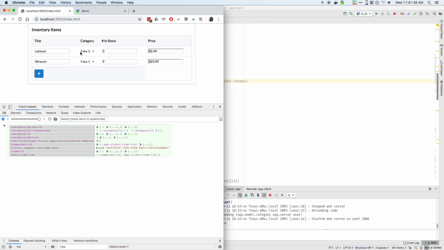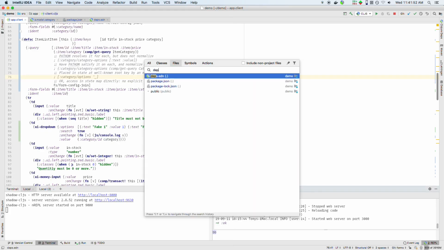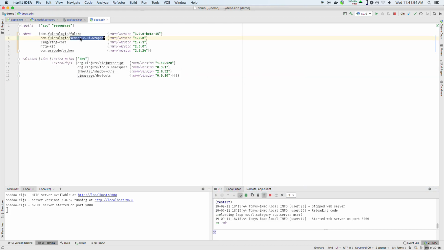But this is the sort of pure data modeling stuff we can do to figure things out. So off my soapbox, here's what I got set up. Just to make this quick and easy, I did add to the deps a semantic UI wrapper library that I